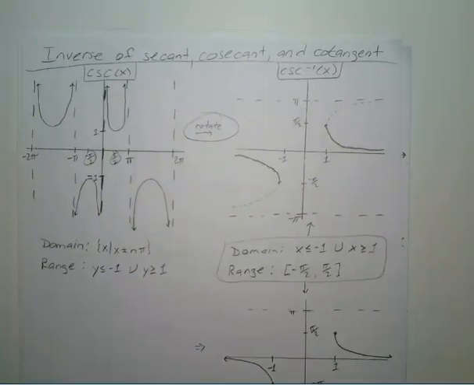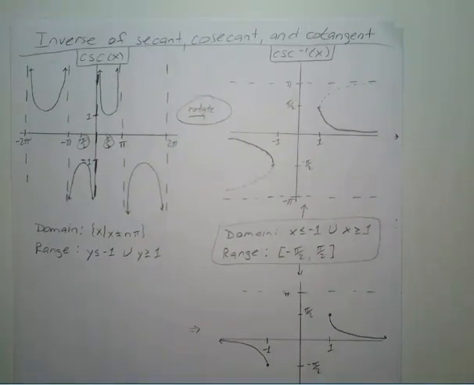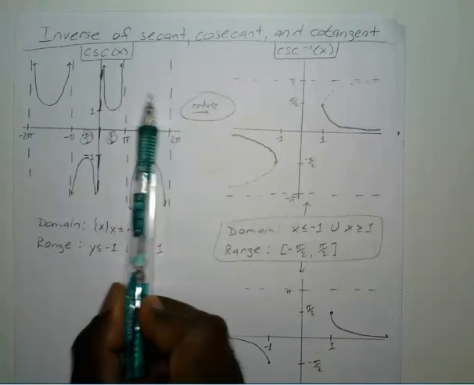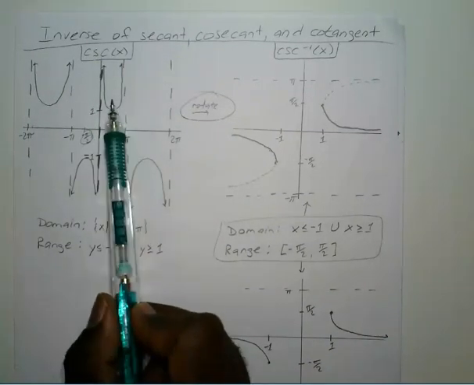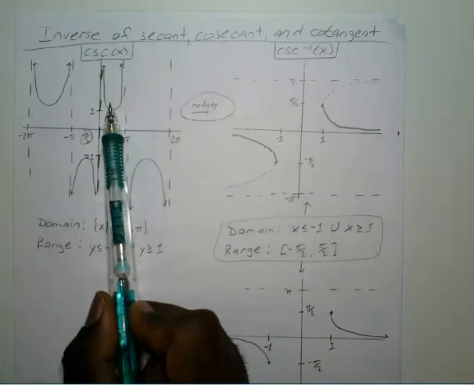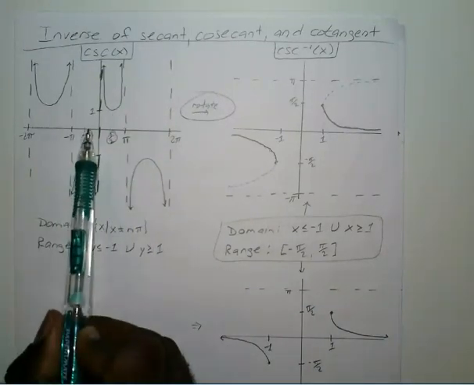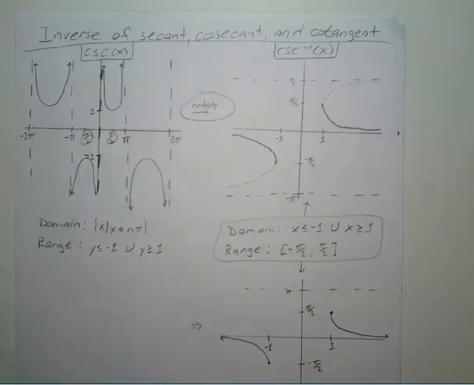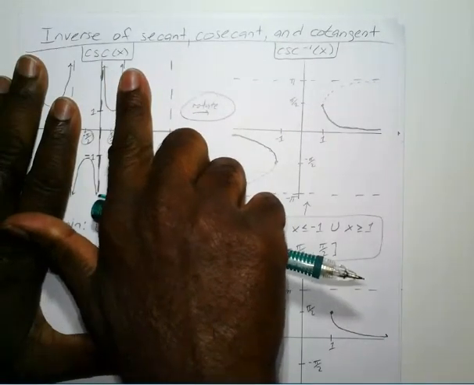Okay, so just like with our sine, cosine, and tangent, again, we can't do the entire interval or the entire graph with the horizontal line test because it would fail, so it wouldn't be 1 to 1. So what we're going to do is go just from negative pi over 2 to pi over 2. Okay, so if we cut all of that out and we have just negative pi over 2 to pi over 2,